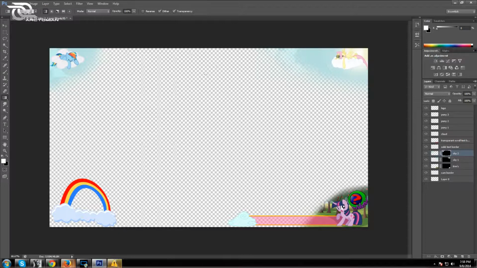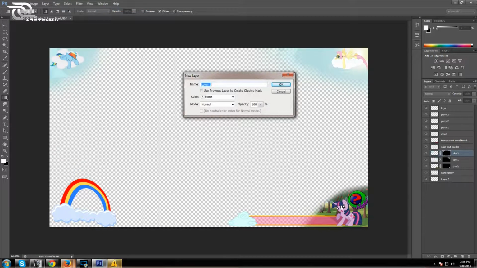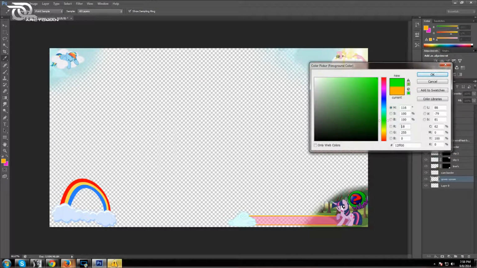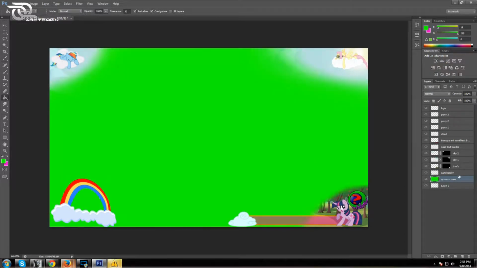Now, next up, I want to check if the granite took the right amount of course and if not taking too much of the game UI. So what we're going to do is we add a layer. We're going to add a green screen effect to it. So add layer. We call this green screen. Perfect. We're going to go all the way down underneath cam border. I'm going to make a nice green screen color out of it there, and then go to the paint bucket, fill that in,